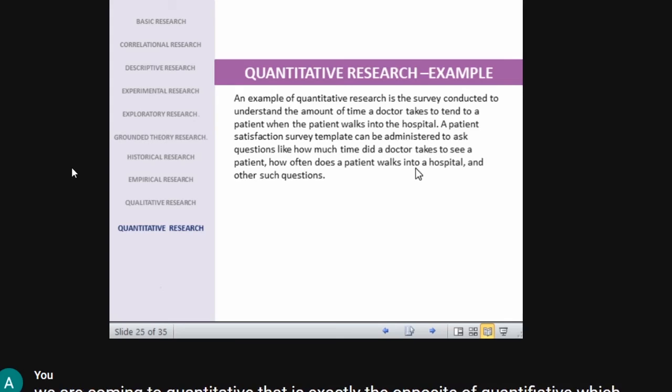In library terms we do bibliometrics, scientometrics, informetrics, webometrics and altmetrics. These are quantitative research. The definition of bibliometrics is nothing but applying quantitative techniques to books and other media of communication. We will see what bibliometrics is in the later part of the topic. Bibliometrics is one kind of quantitative research. Please bear that in mind.